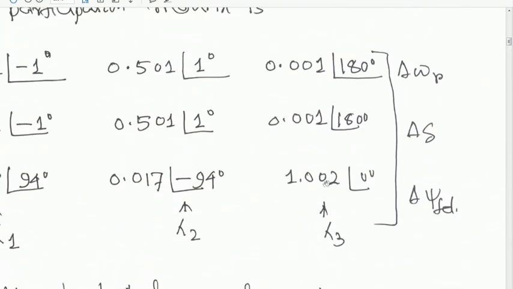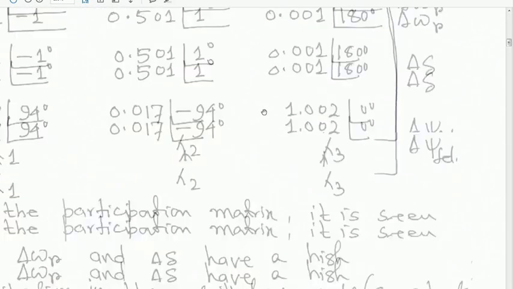If you see the lambda 3 here, it is 1.002, it is high participation, whereas the participation of delta omega r and delta delta is 0.017, very negligible, right. Similarly, for psi f d here in these two modes, 0.001, almost negligible, right. So,